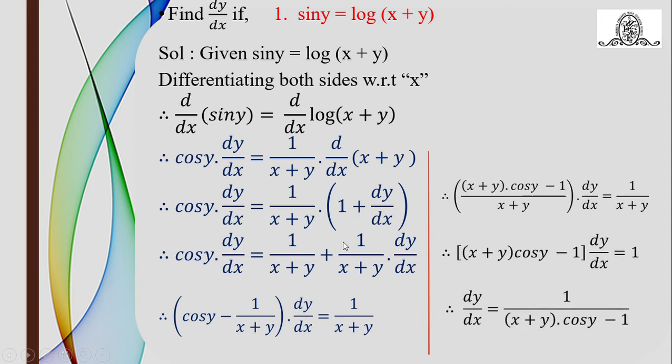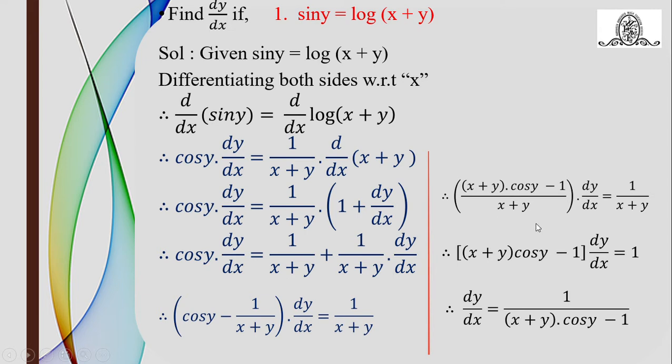Before shifting that bracket into the RHS, see, the cross multiplication is done inside the bracket. So this is cos y into x plus y minus 1, whole divided by x plus y. The common denominator x plus y will come there. Why is this cross multiplication done actually? So that we can cancel this common denominator x plus y from both sides. X plus y gets cancelled, because it is the common denominator to both the sides. Hence the cross multiplication is done in the left hand side.